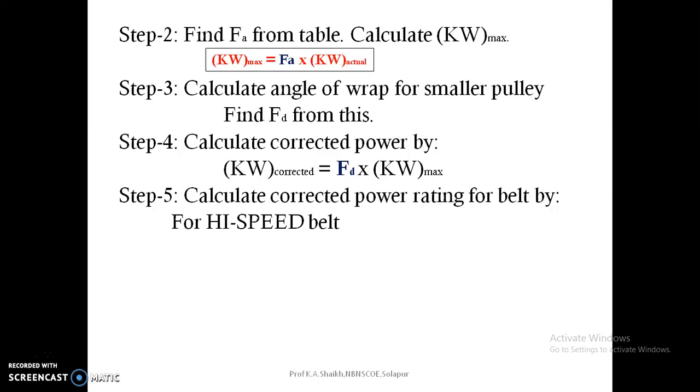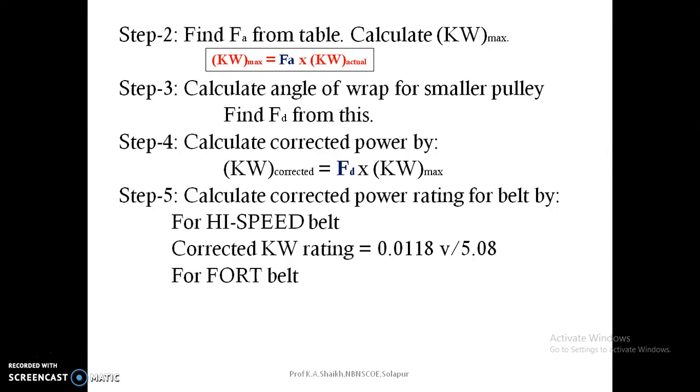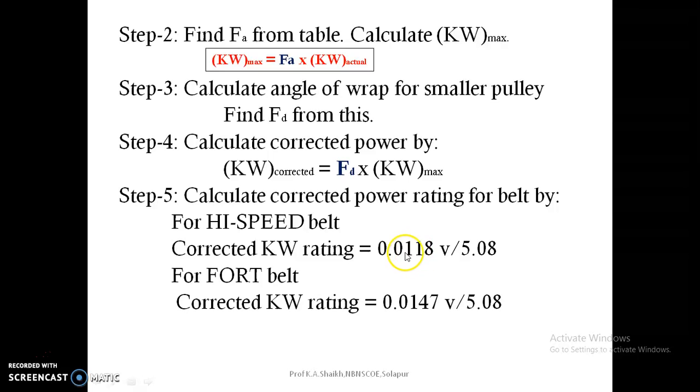For the Dunlop company, 2 ratings are available: the high speed belt rating and the Ford belt rating. So for each rating there are certain multiplication factors. This will be given to you, or you have to remember. Generally this factor will be given in the problem,